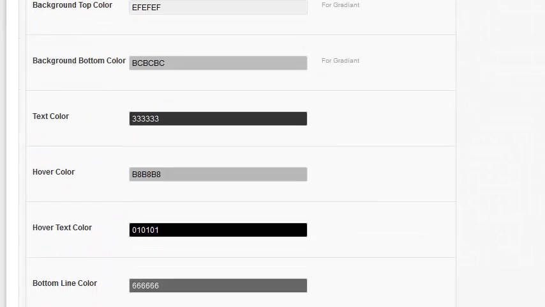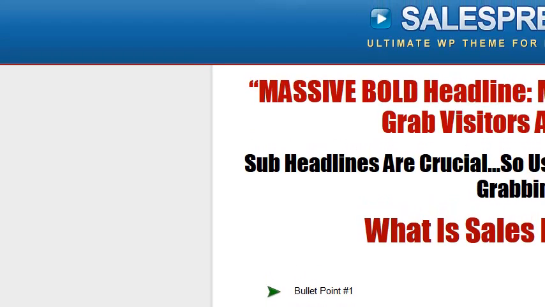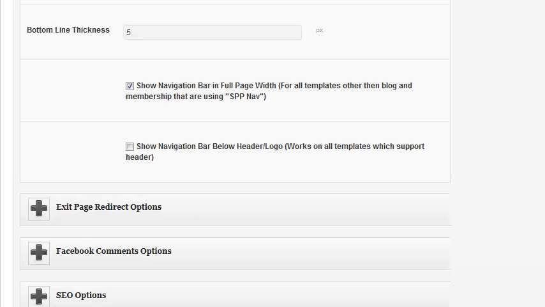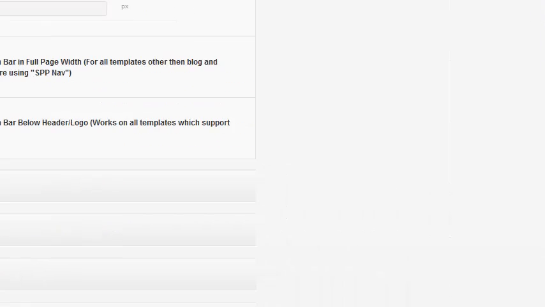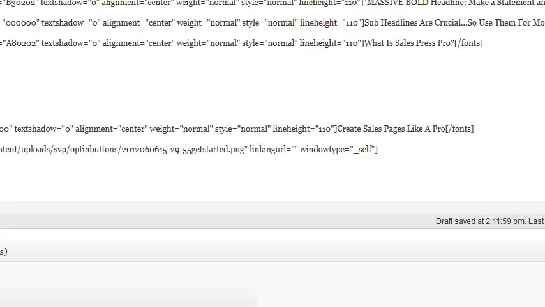And you'll notice on the bottom here, it says show nav bar for full width. Yes, I want it for full width because I have a full width header. All right, so I want it to be the full width, and show nav bar below the header, and I'm going to select yes. Now obviously you need to set up your menu buttons, but if I click on update,